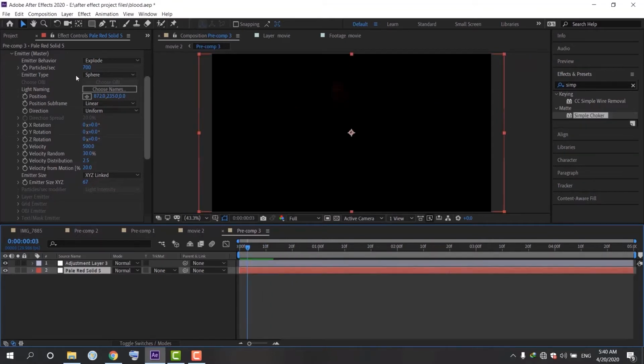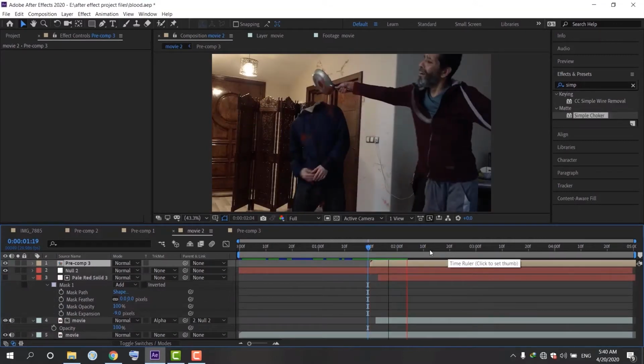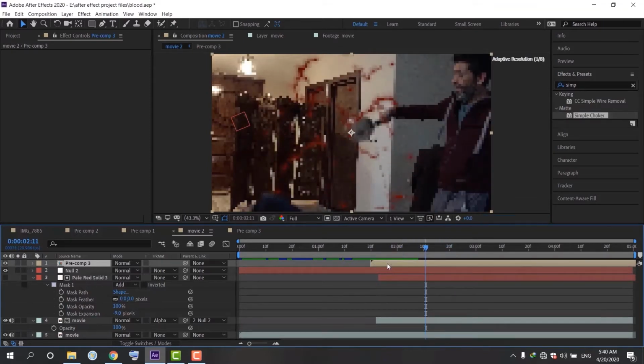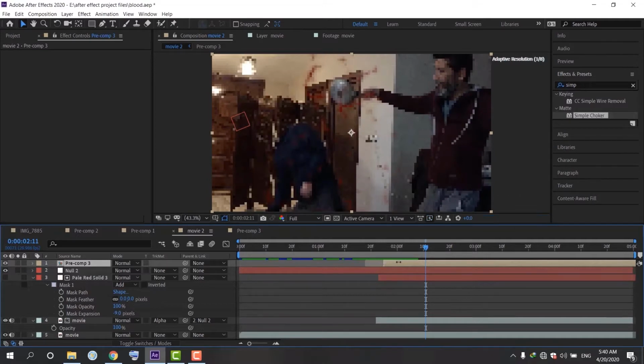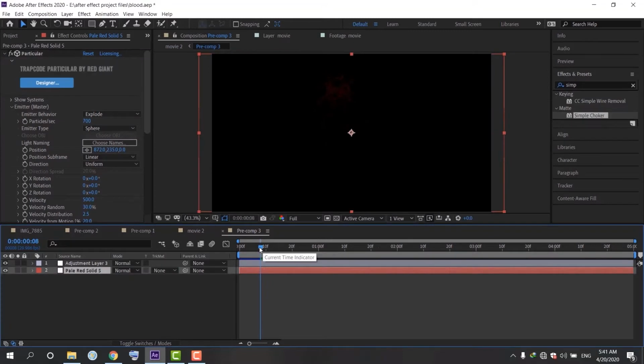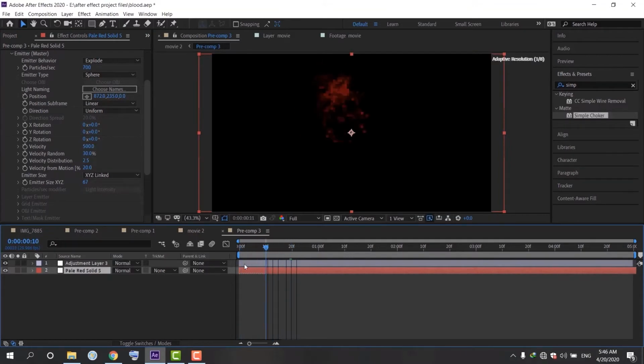So for now, let's get back to the movie composition and let's change the length of my pre-composition layer. So it's good for now. Let's go to the pre-composition in here. Now I think it's better to disappear the blood faster. So let's disappear our blood faster,